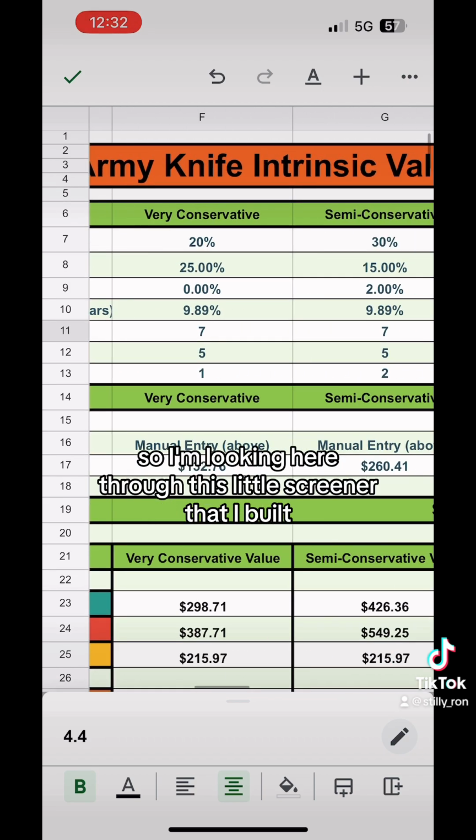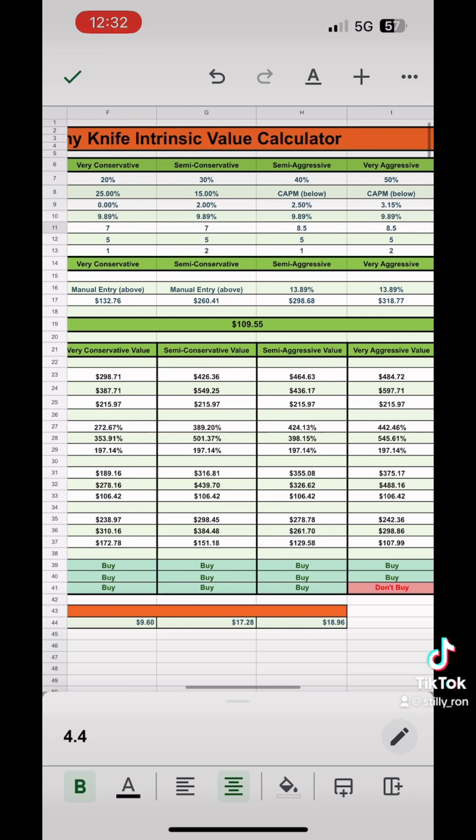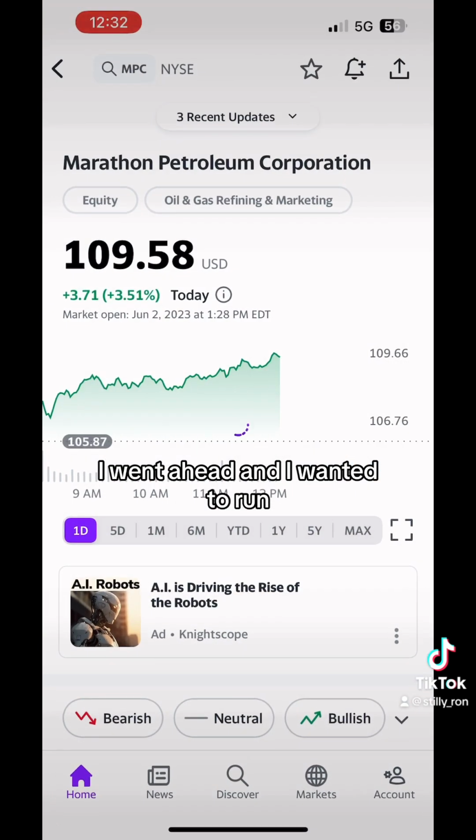So I'm looking here through this little screener that I built for intrinsic value. Looks pretty good. Suggesting buy around $150. It's trading at 109. So that's nice. Again, take it with a grain of salt. I went ahead and I wanted to run